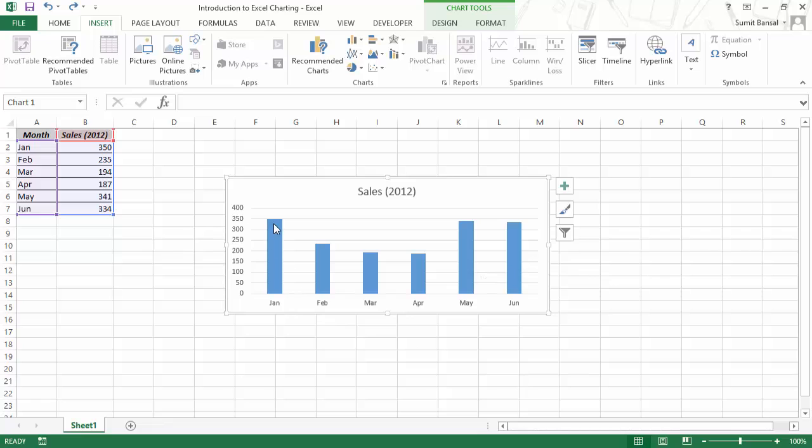Now we see that there are these vertical bars for January, February, which are plotted based on the value. These are elements of this chart. So a chart would have various elements. You can simply add an element or modify an element by clicking on this plus sign. Now again, this is a 2013 feature. This is not available in 2010 or 7, but in case you want to modify any element or add any